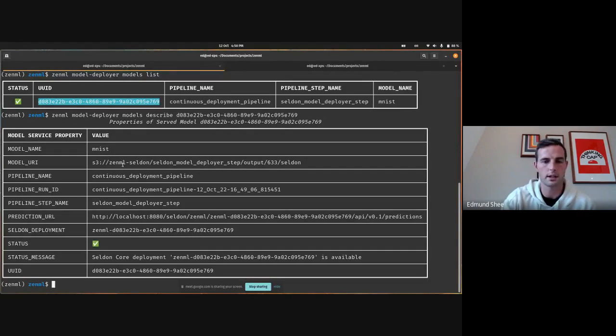And ZenML is neat because it pulls back, you can see the model URI here. So there's the output of my step that was stored in this part of my S3 bucket. You can see when the pipeline run was that was attached to it, and it's giving us all this nice traceability all the way back from not just here's a model deployed on a